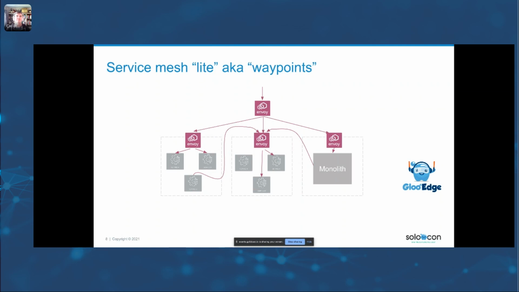So as traffic's coming into a system, giving it some structure, giving it some consistency in terms of security or traffic control. Waypoints comes from aeronautics, I guess, where pilots are flying a flight plan and they're looking for various waypoints in their flight plan to make sure that they're going in the right direction. Now, having these proxies allows you to give your architecture some structure, to abstract away details like, is this a monolith or a microservice or functions as a service, and give you some of the benefits of what you might get from a service mesh, but without going all the way toward a service mesh architecture if you don't need it yet.